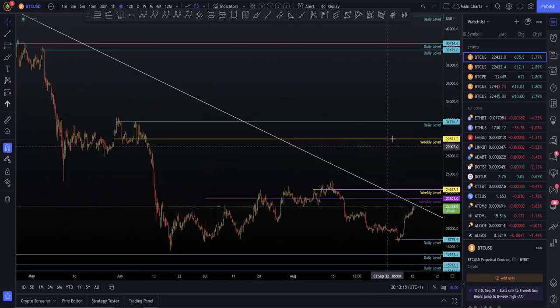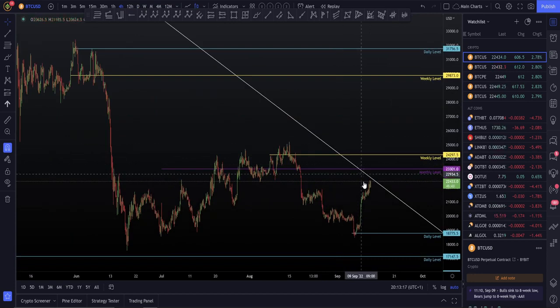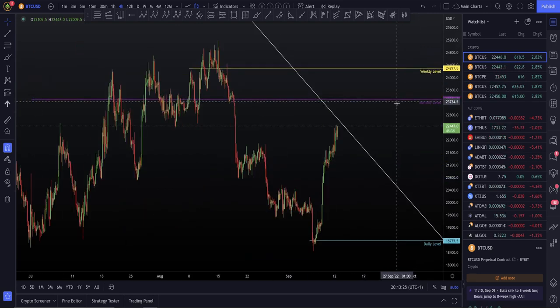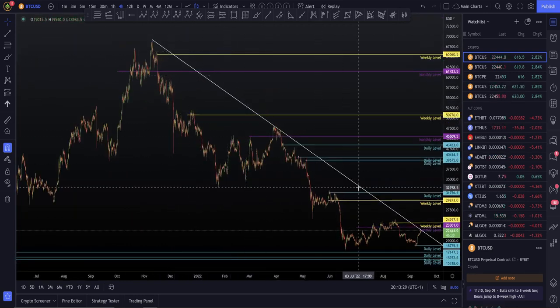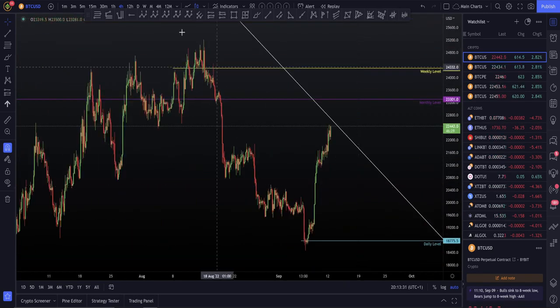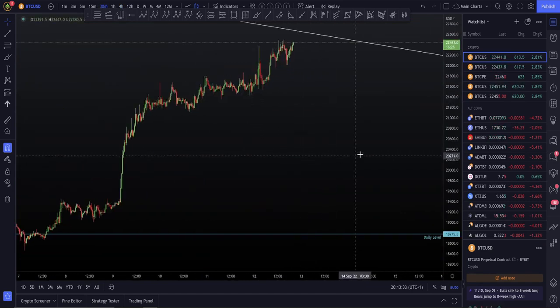So if this bump and run played out perfectly, what this would mean is we would break the trend line and see a very large rise to the upside. That's your standard meaning of a bump and run pattern, so you've got to be aware of that. I would recommend you add this trend line onto your charts, because it's something you want to be aware of. It's a very bullish pattern.